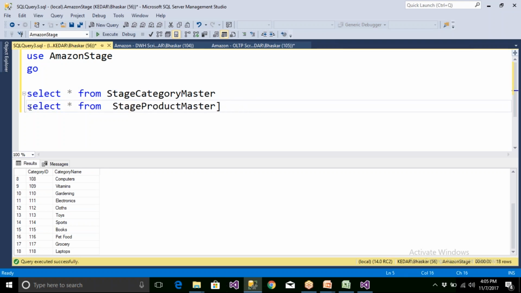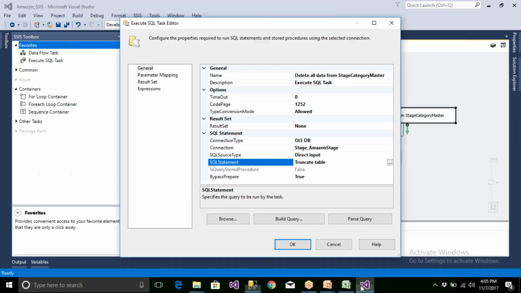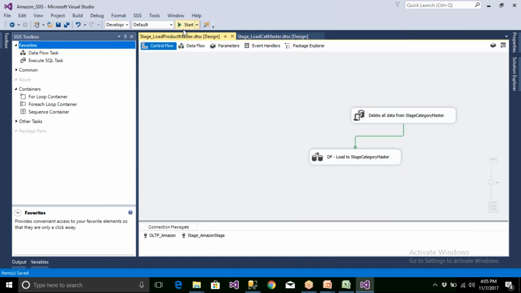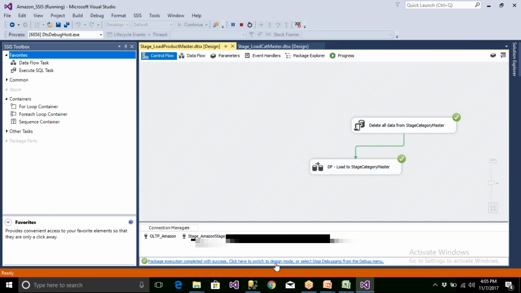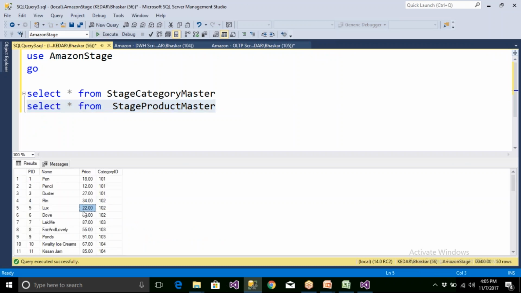What I'm doing is in the production environments, never try to write it by hand. So take this Control C and you go here and you should be able to have it. So what I'm trying to do is delete the data, then load the data. So this is done. The second table is also done like this. Now we're able to get the data from here. So you have this data.